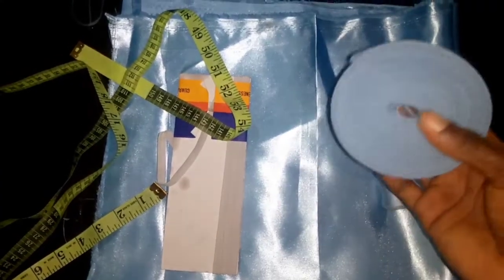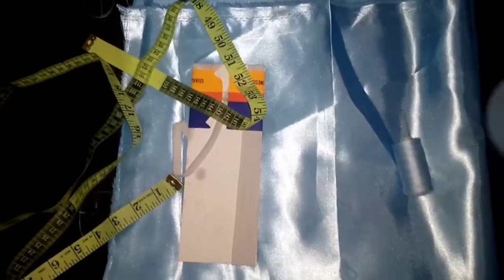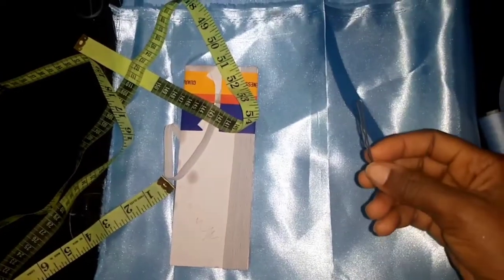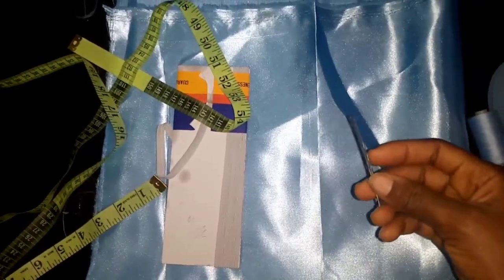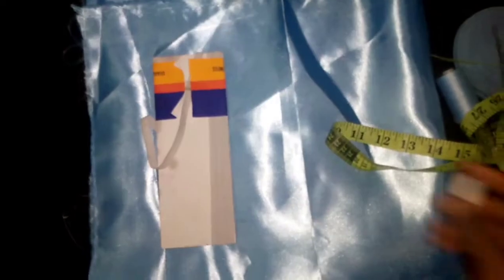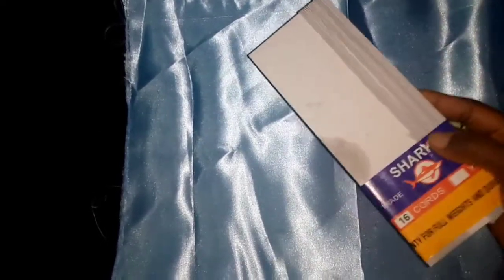So for this project, you need a matching bias band, you need a matching thread, you need a bobby pin to pass the elastic. Then you also be needing measuring tape. That one is short, satin. Then also chalk, a marking tool, then an elastic, and lastly your satin. So the first thing to do is to fold your fabric into two,